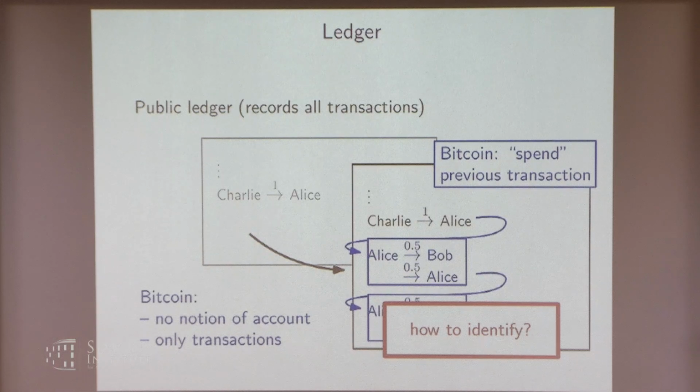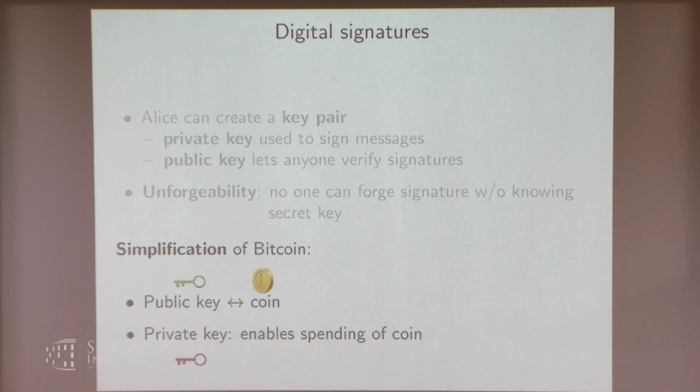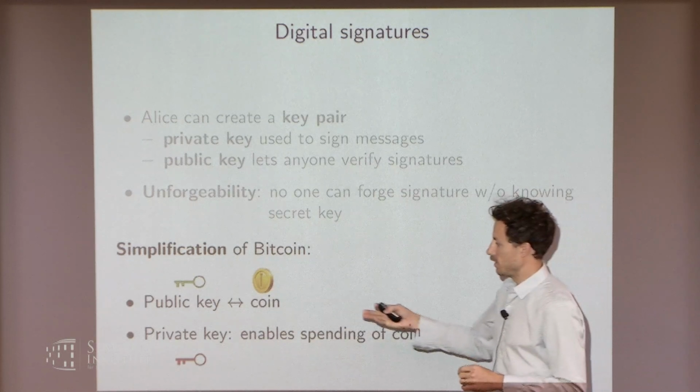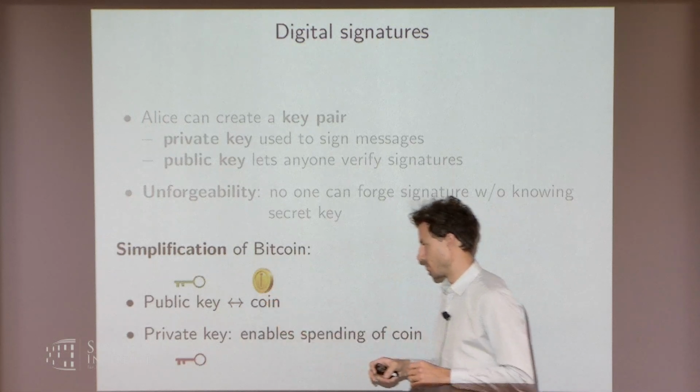So actually, for now, we've assumed more than an authority that publishes the ledger from time to time. We also basically assume that people can talk to this authority, that this authority will say, yes, you are Alice, you're entitled to spend your money. So let's first solve the problem of how users identify. And this is done using the cryptographic concept of digital signatures. So if we want to simplify how Bitcoin works, then we could just think of a public key corresponding to a coin